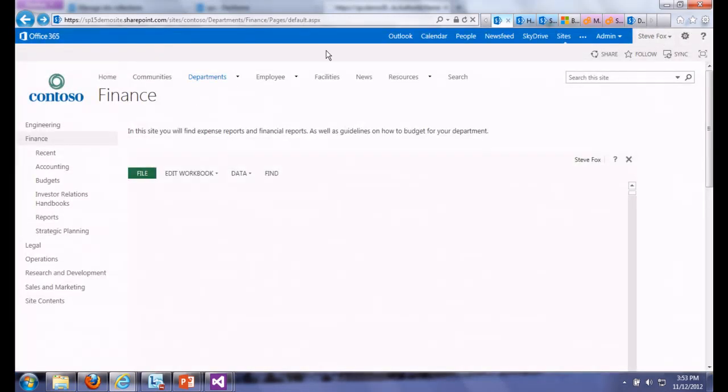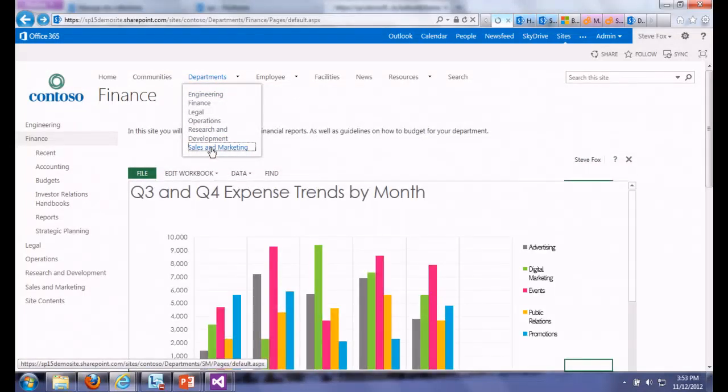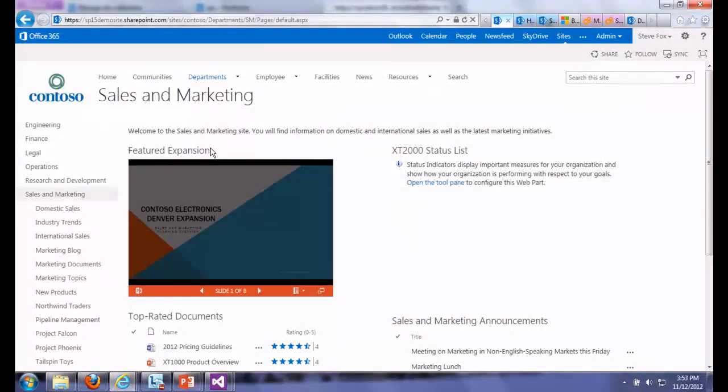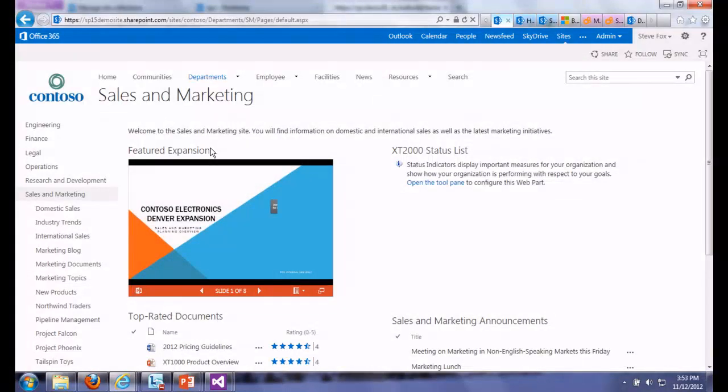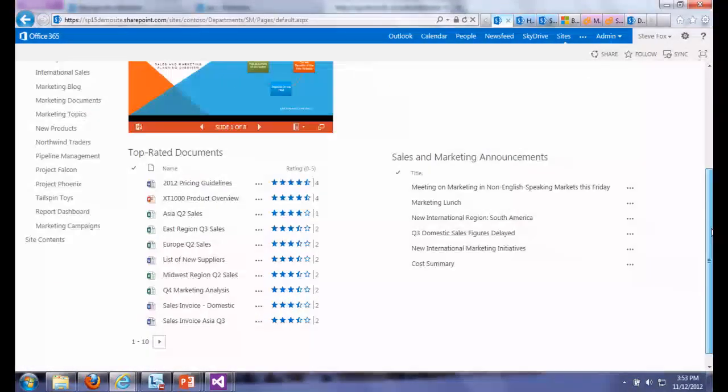Of course, it serves other departments as well. There's sales and marketing, not just finance, because someone has to make the money that you guys are spending, right? So this is sales and marketing. We click on that. That will open up our sales and marketing site. And here you can see those typical functions and processes and artifacts that are specific to that sales and marketing discipline. We have lots of decks that talk about pricing guidelines and product overviews and all sorts of good stuff like that. You can see we have lists on the right-hand side.